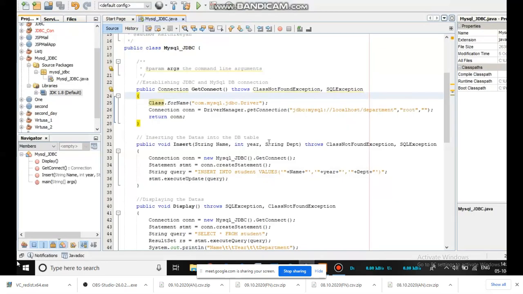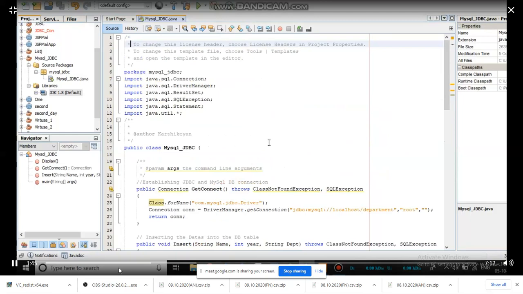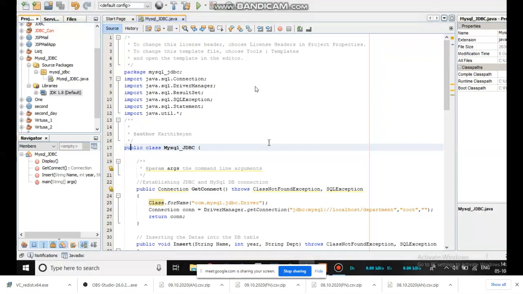Now we are going to the NetBeans environment. This is the NetBeans environment. This is the code that we have, and these are all the packages that I have to incorporate. Import java.sql.*, that is enough if you want to connect Java with the database. Again, we have the util package as usual for some of the calculations left over, so for that we can use the util packages, right?